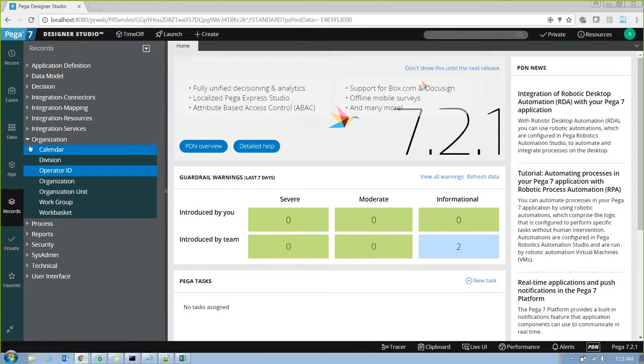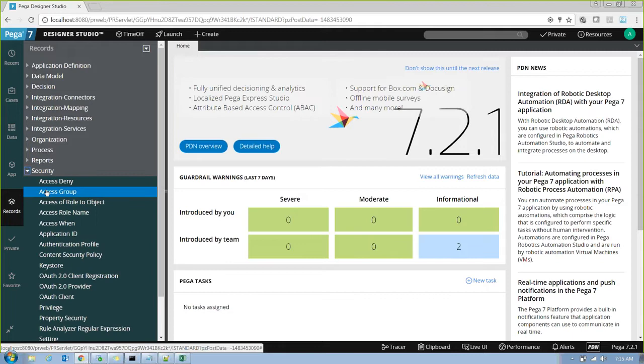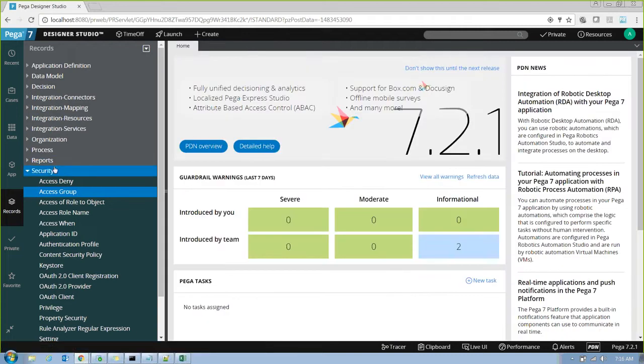Similarly, what if I want to see all the access groups? Security, access group. What if I want to see all the applications? Application ID.